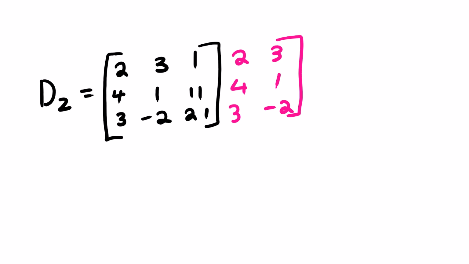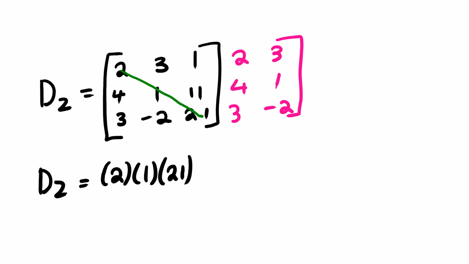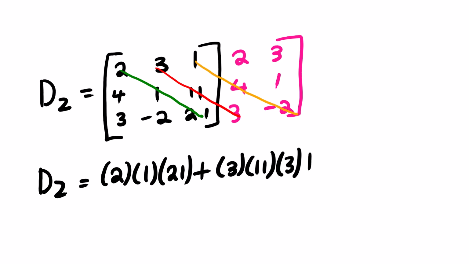Then we start dz. First 1, 2, 1 and 21 plus the second one. We have 3, 11 and 3. The last one, 1, 4 and negative 2, minus